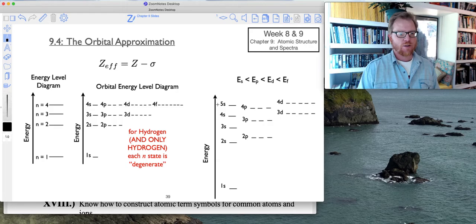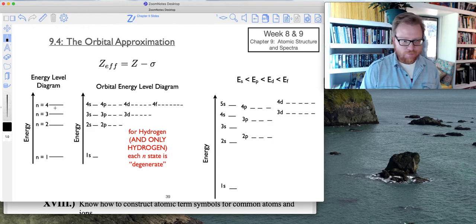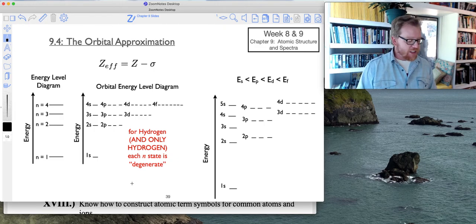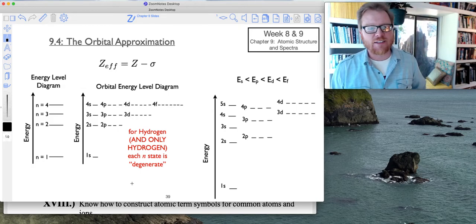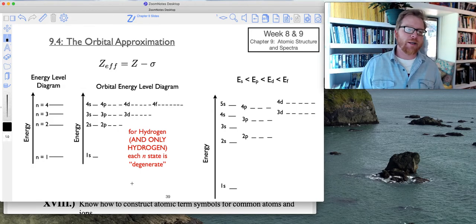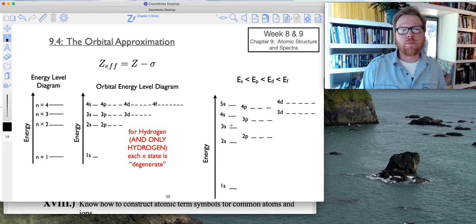Okay, moving along. So now what happens to our orbital energy level diagrams? Okay, well, we start with this simple energy level diagram just describing level n. Okay, when we put in our subshells, S, P, D, and F, hopefully you remember for hydrogen and hydrogen only, each shell, each n state, is degenerate. Okay, and I'm not going to spend a whole lot of time with this because this is largely review from your Chem 109. But when we start putting in multi-electron atoms, okay,